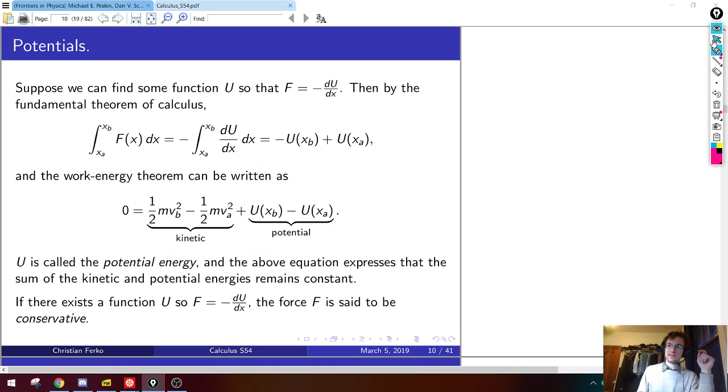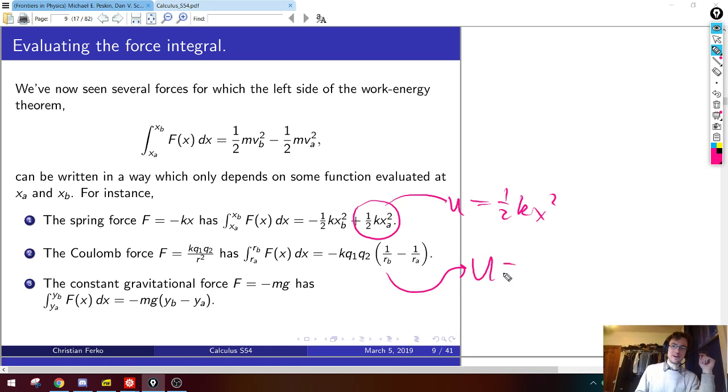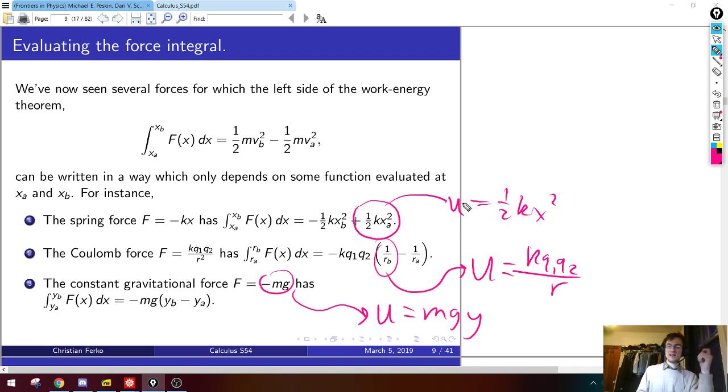Let's just look at those examples we did before. In the three cases that you told me how to solve before, the potential energy for the spring force is a half kx squared. The potential energy for a charge, which you already know from 309.1, is basically kq1q2 over r. The potential energy for the gravitational force, u, is basically mgy, because you take a minus derivative and it's supposed to be this. So we can basically read off from our previous results. We already know the potential in these three cases, and you can now imagine it's not so hard to find the potential in a bunch of other cases, right? Does that make sense?